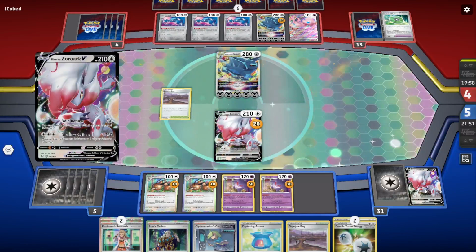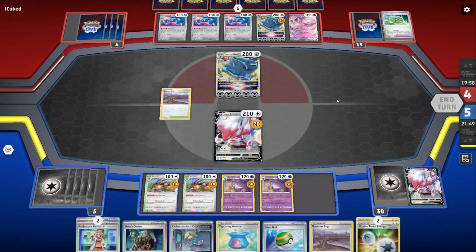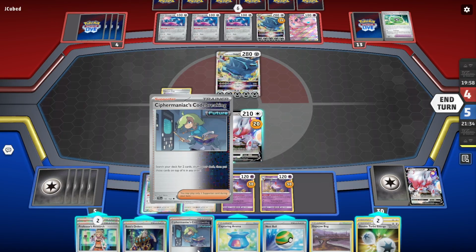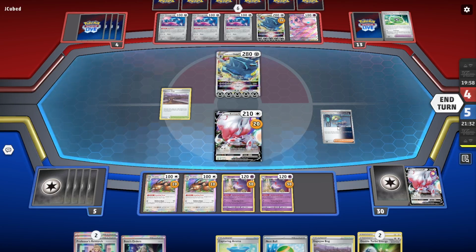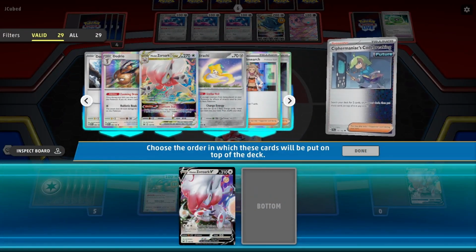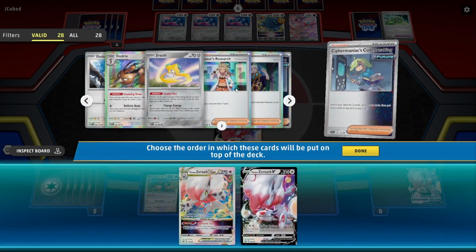So I need a V and a V-Star. Hopefully neither of those are prized, right? That would be a big problem for me. So I think I just want to grab the V and the V-Star with my Supporter, because I get both of those with the Dodrios, right? So hopefully I do. So it doesn't really matter. I'm going to get both of these, so